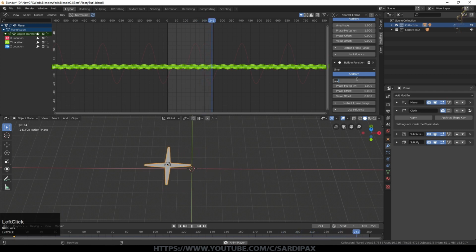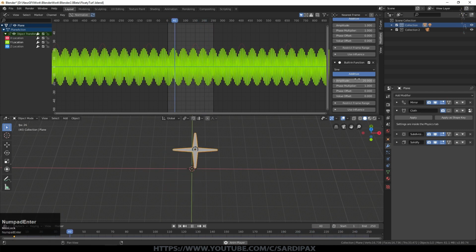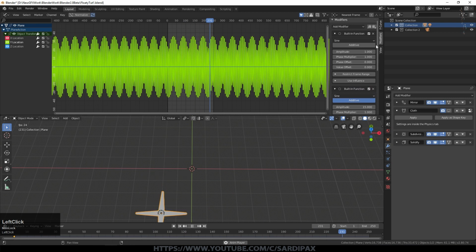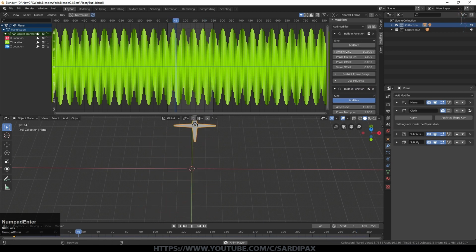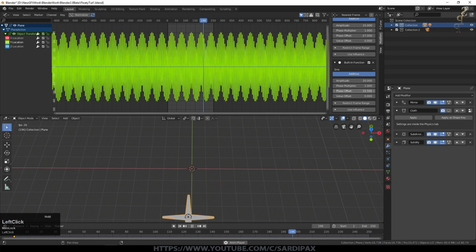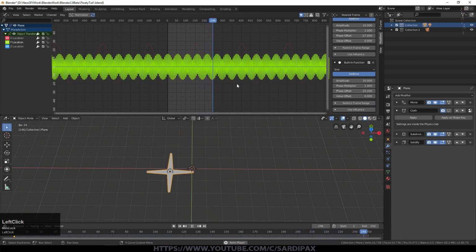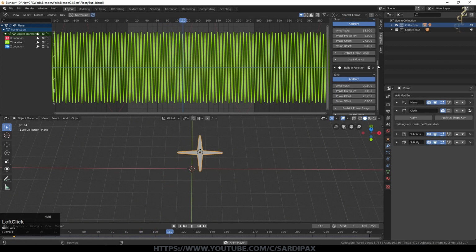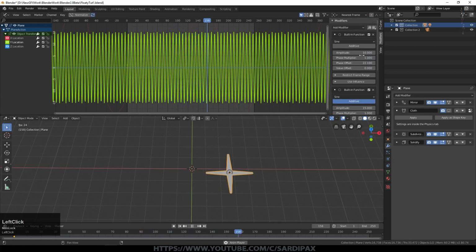Let's go for 20, 15 and 10 for the amplitudes. Now they're just all adding together at the moment because they're exactly the same. I'll put a random phase offset on all of them, so they're all starting somewhere different in their curve, which starts to make it more interesting. But then of course change the phase multiplier.